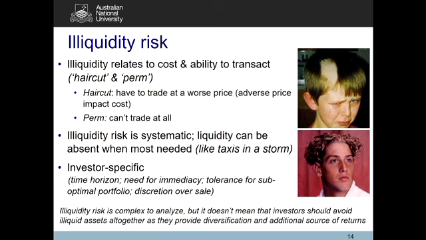Illiquidity is investor specific, right? So first of all, time horizon is going to matter. If you need to trade right now, then you might need to take a haircut. If you can afford to wait, then it might be that liquidity returns to the market and you don't need to take a haircut after all. So it's all about whether you need to trade immediately or whether you can afford to wait and exist with a suboptimal portfolio in the meantime. And the last thing is, if confidence